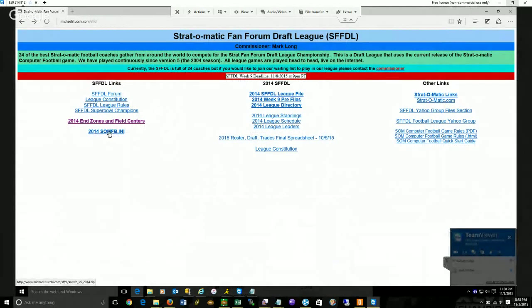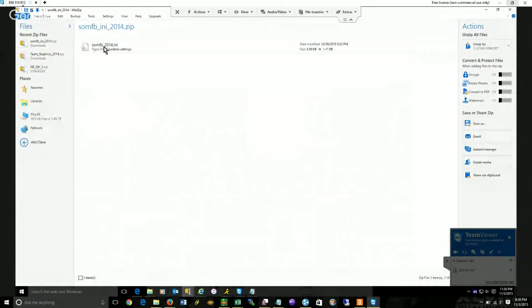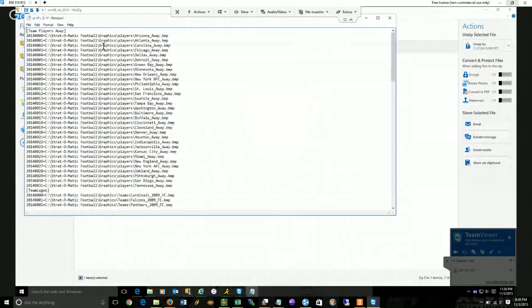We didn't change the label, but now you see it's pointing to the zip file. So we're going to click that. We're going to say open. Now we need to merge these two files together, but it has to be called Stratomatic